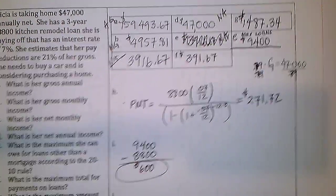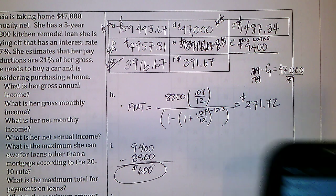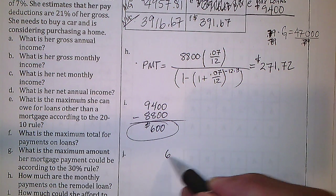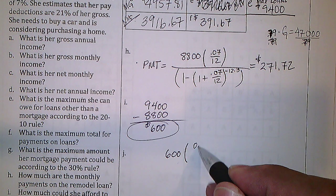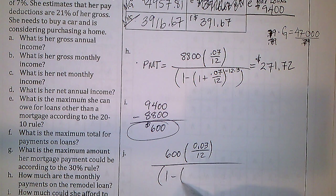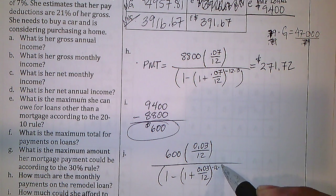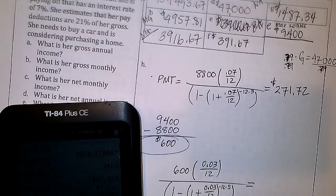J, if the car loan for the above amount is at 3% for 5 years, what would the payment be? So now we're going to use that same payment formula, but with some different information here. If she borrowed $600, not the 8800, at 3%, it's 0.03 over 12 over 1 minus 1 plus 0.03 over 12 to the negative 12 times 5. That would be